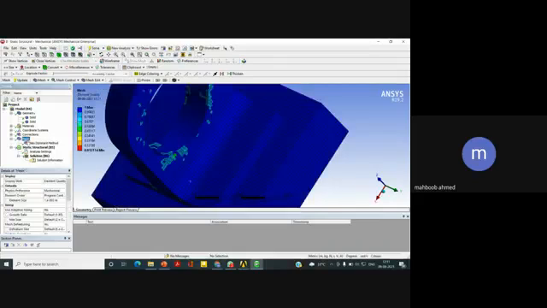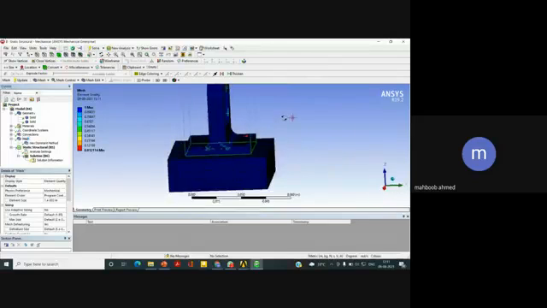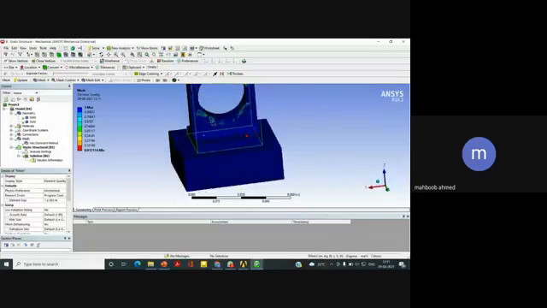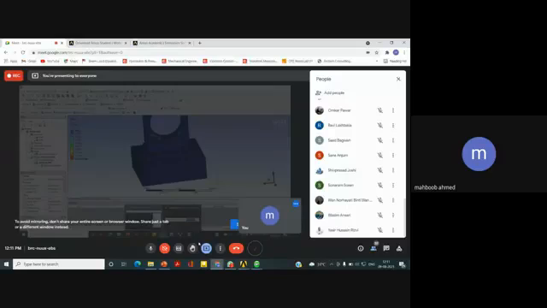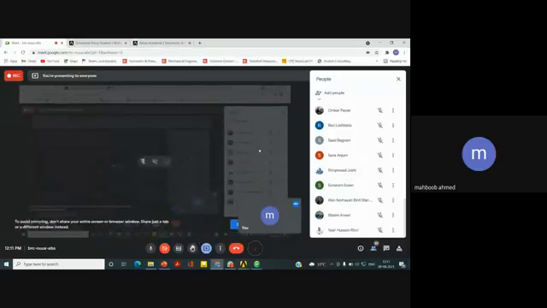Meshing is a very important part, and you should always keep in mind while doing the meshing that your mesh quality is going to play a very important role in the results you are going to get. It is going to have a very big impact on your results. Okay, finer the mesh, finer